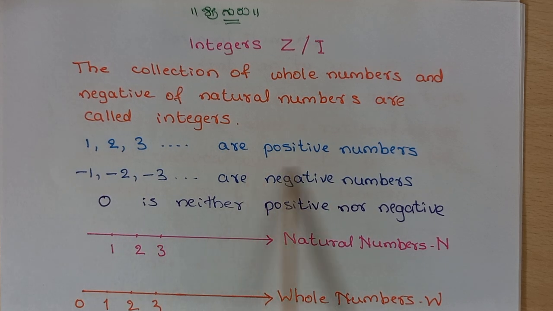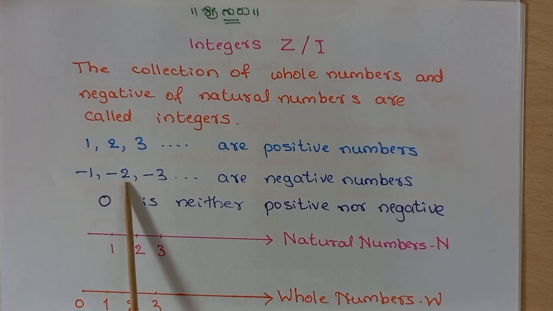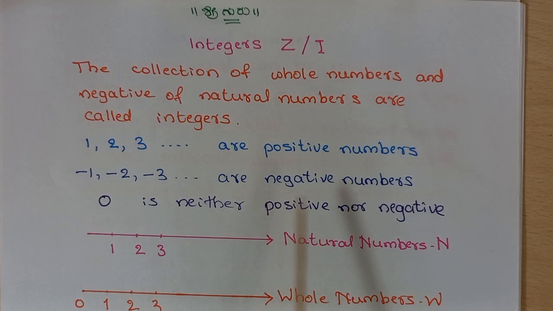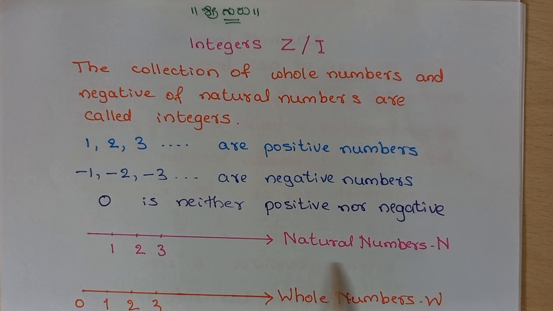1, 2, 3 are positive numbers. They are counting numbers. -1, -2, -3 and so on are negative numbers. 0 is neither positive nor negative. On the number line we represent natural numbers like this and whole numbers like this. Here this arrow mark indicates natural numbers are infinite,